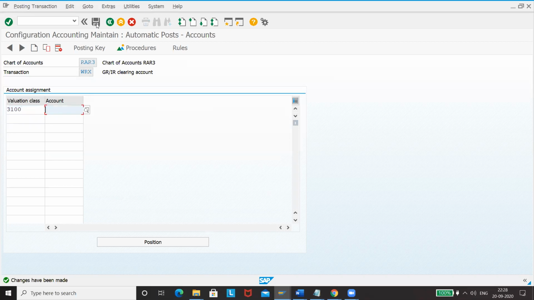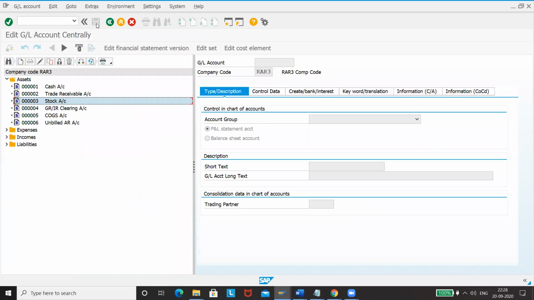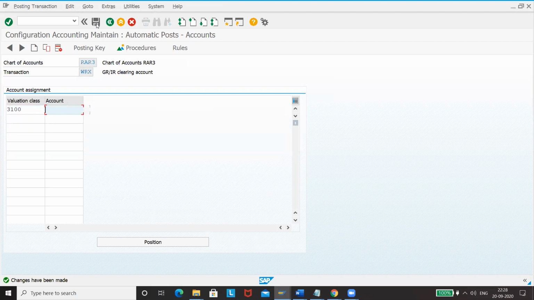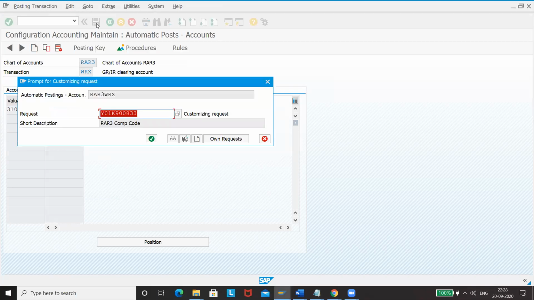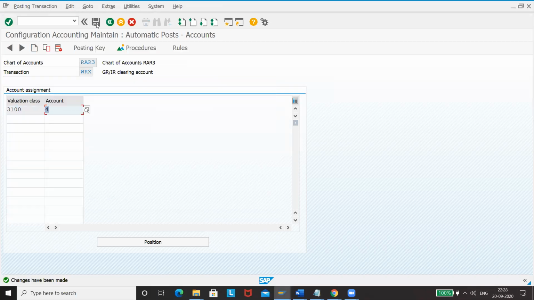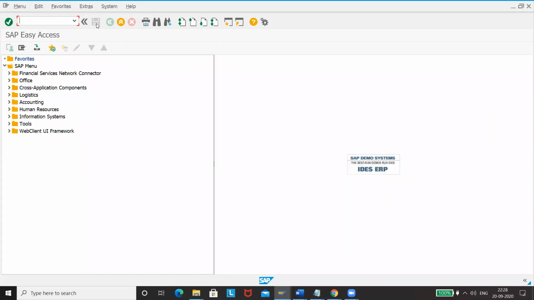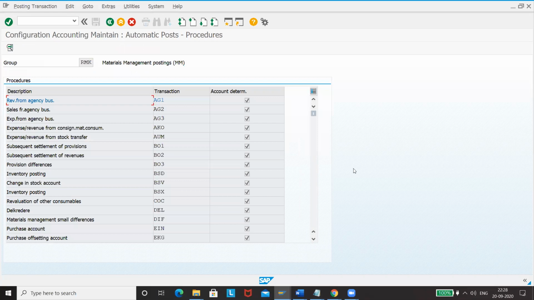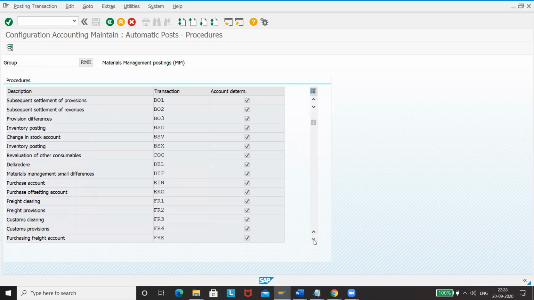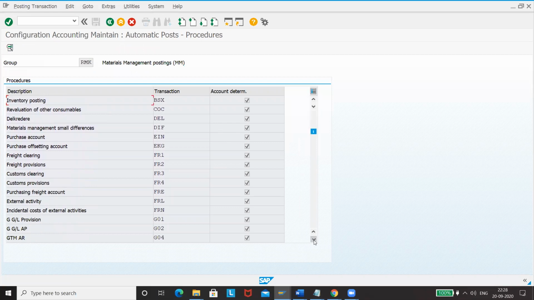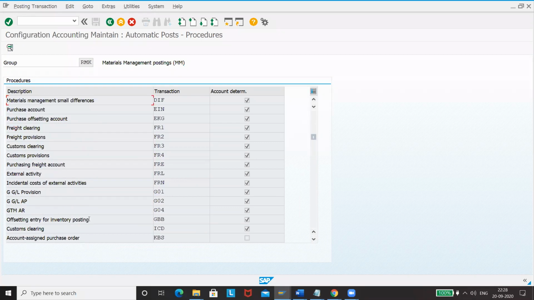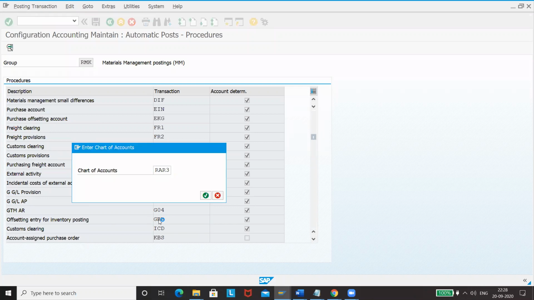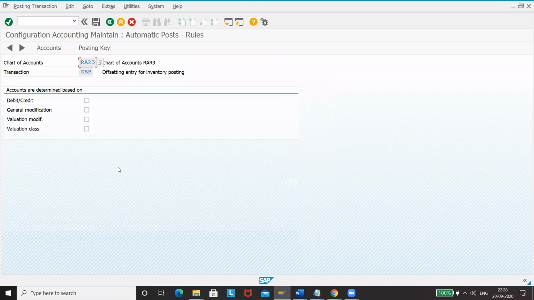You have to give your GRIR number here, 4. And then OBYC, you have to give GBB. This is for offsetting interest. Here is one. And then